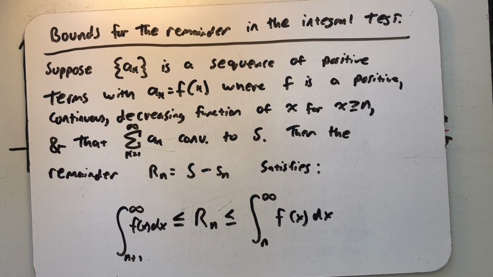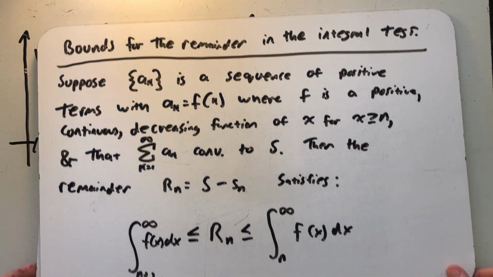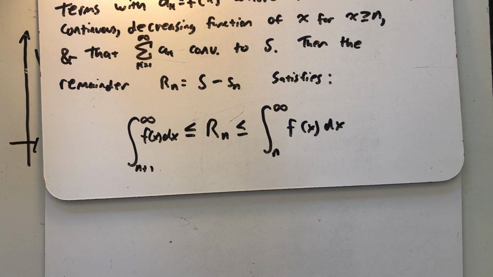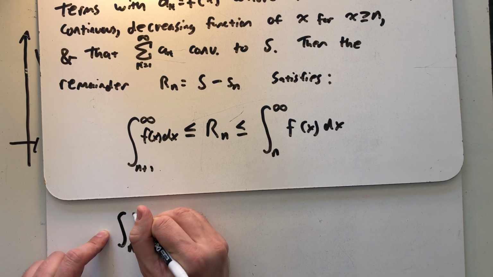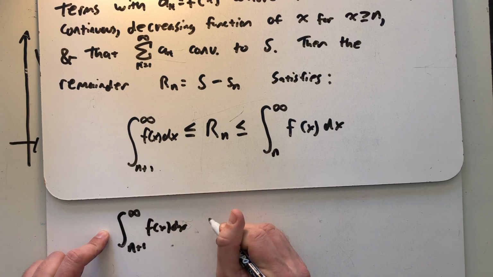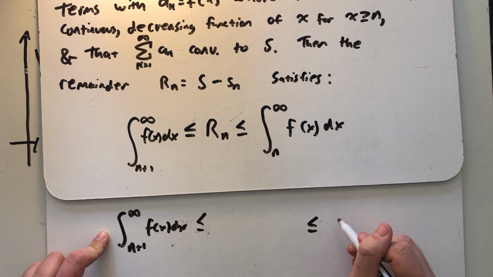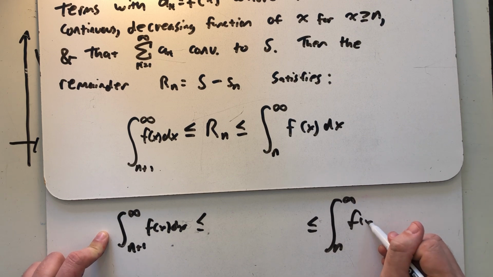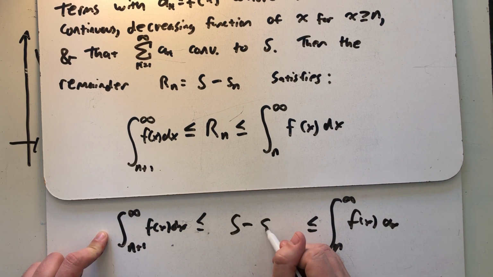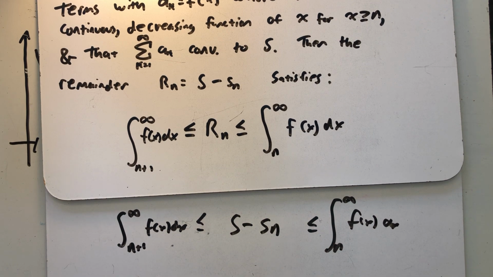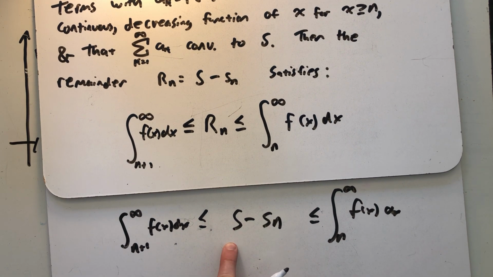So that's a very formally stated theorem, and it's absolutely true. But what's even better about it is I can do a little arithmetic here in the middle of it. See, I have an improper integral that I know is smaller than my remainder, and an improper integral I know is larger than my remainder. But I also know what the remainder is equal to. It's s minus s sub n. And if I'm dealing with a series I know converges, s is what I probably actually want to be approximating. And if I just add s sub n to all three pieces,